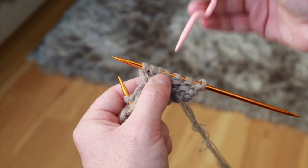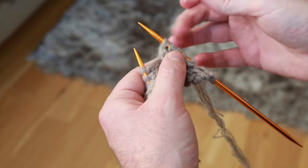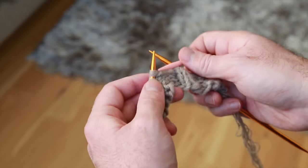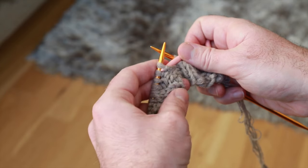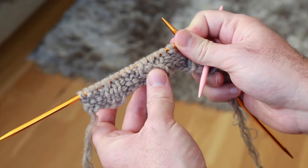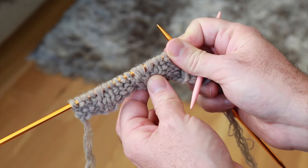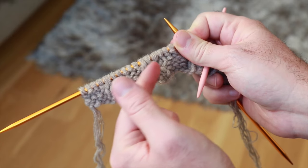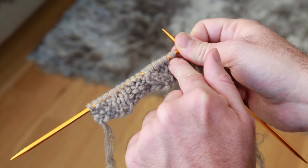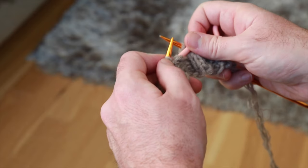And then immediately after doing that, it's going to feel really weird because everything's going to be twisted and maybe a little tight. We're going to pick off the next 2 purl stitches with our cable knitting needle, because now what we've done is we've reached the X almost, and to split the X up, we want to grab one of the cables and bring it to the right. So to bring it to the right, you want to take the first 2 stitches there and move them to the back. So I've got 2 purl stitches, put them on your cable needle,